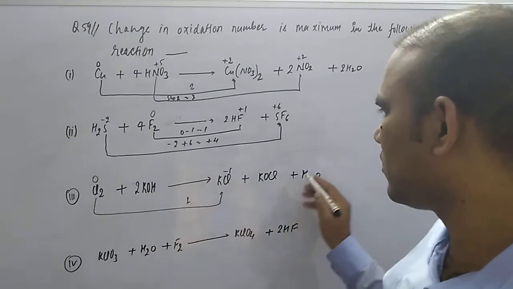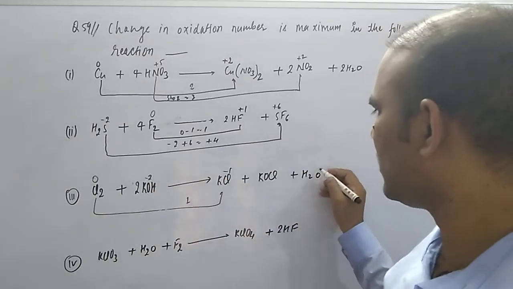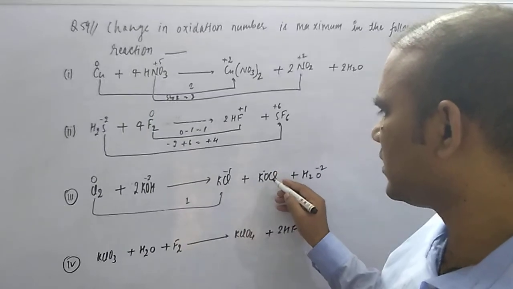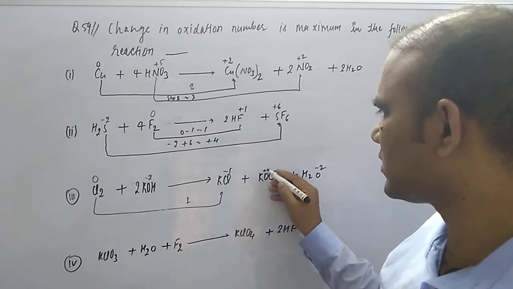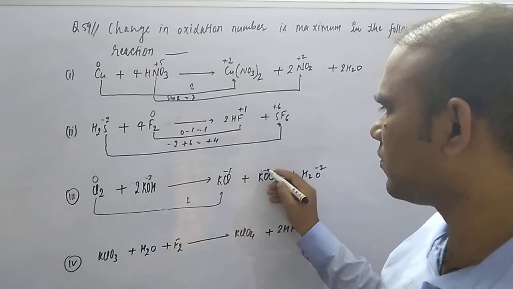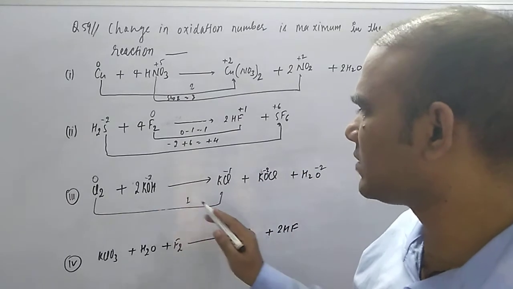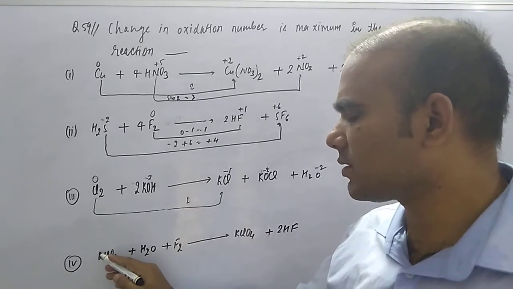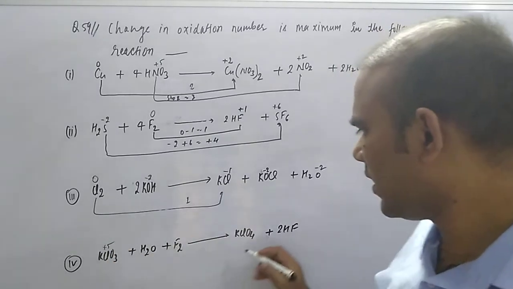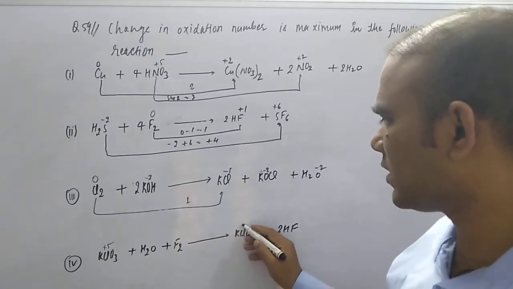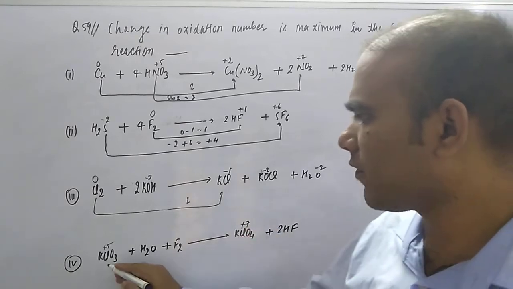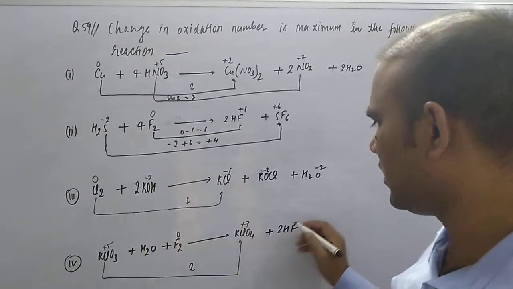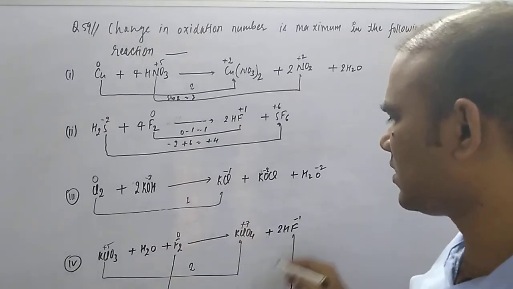Okay, here everything else is minus 2, and in this case also the oxidation state is minus 2 only. So nothing is changing here, student, so one change. Here is KClO3, 3 to the 6, 6 minus 1, that is plus 5. In this case, 4 to the 8 minus 1, so that is plus 7. So 5 to 7, how much change is there, student? That is 2 change. And here is 0, and here is minus 1. What is the change here, student? This is the 1 change.